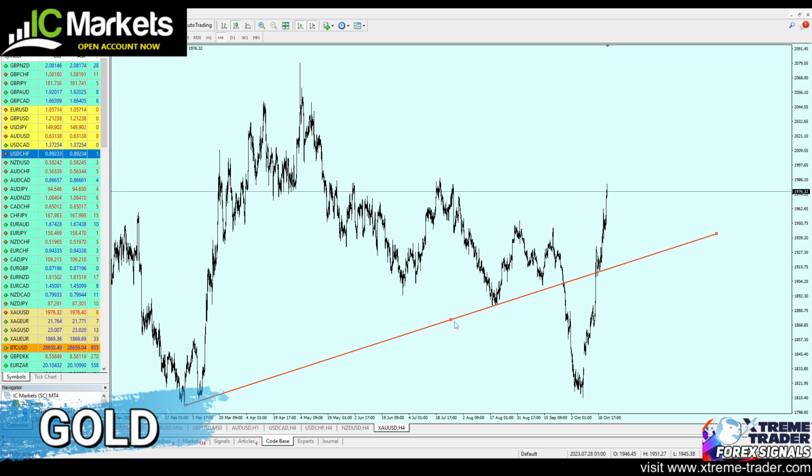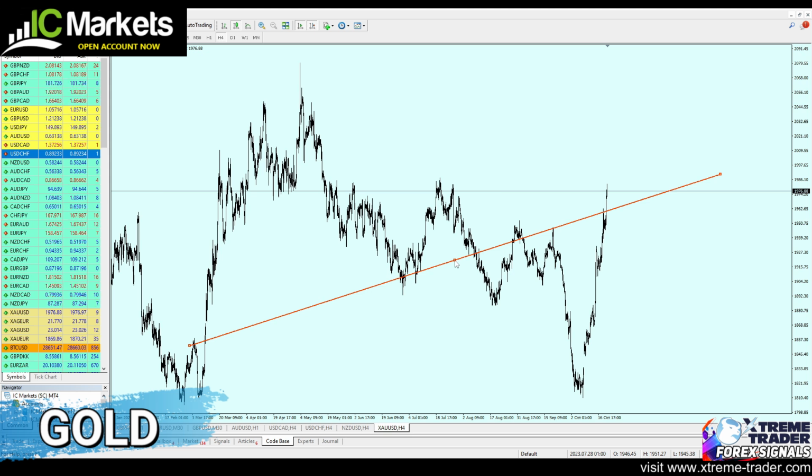What I will do next is simply drag the very same line that I have just drawn here and place it all the way right there at the nearest key resistance trend line and support trend line as well. Check this out. I'm trying to match it up. Yes. Now we can see that we had here a support trend line. It was in the past a resistance trend line as well,